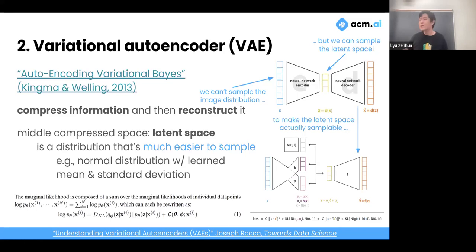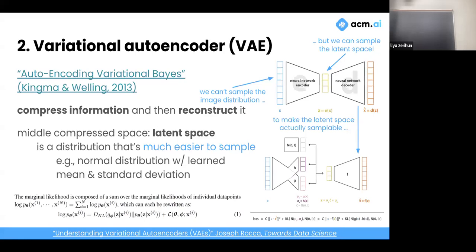Specifically, the way it works is instead of learning this vector directly, when you pass an image, it tries to learn a mean and standard deviation of the image. And so during the reconstruction, it uses the mean and standard deviation to generate a random vector and uses that to reconstruct things. So very high-level intuitively, you're trying to inject noise into the middle of this, so that the middle strictly follows a normal distribution, right?